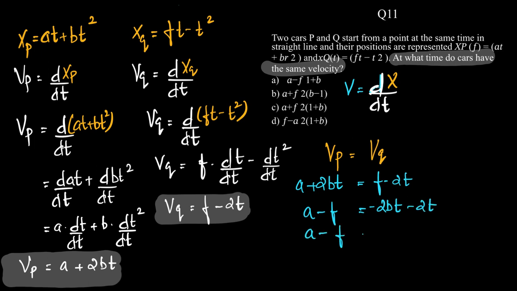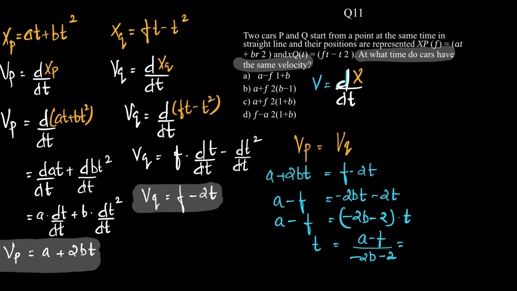If I take T common, we get minus 2B minus 2. So T would be equal to A minus F by minus 2B minus 2,